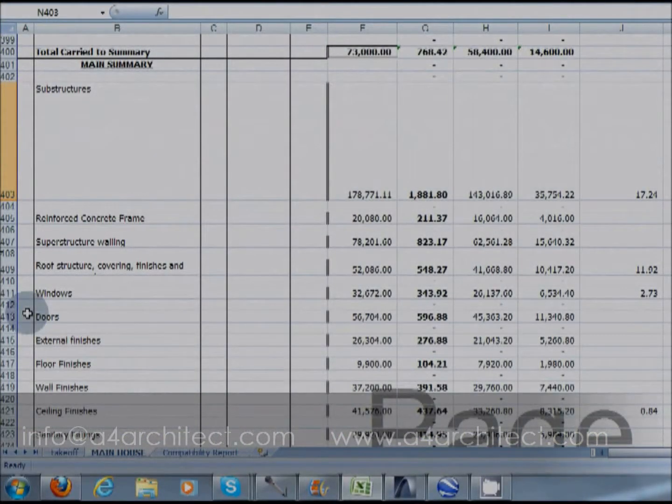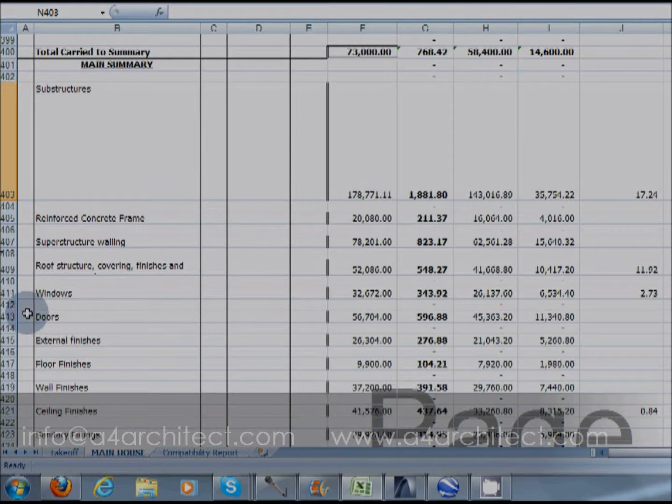The A4ARCHITECT.com Diamond House plan methodology of construction achieves the 32% construction savings through a holistic approach, meaning all the elements that are necessary for a building to be complete, that is the foundation, walling, roofing, doors,